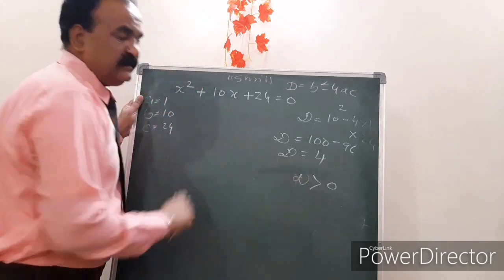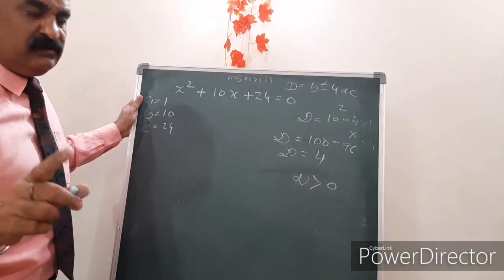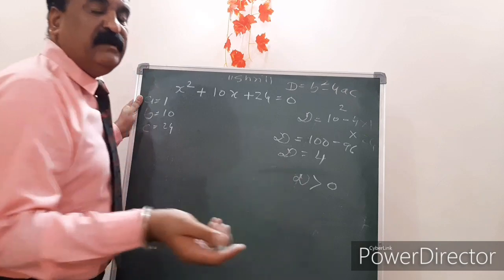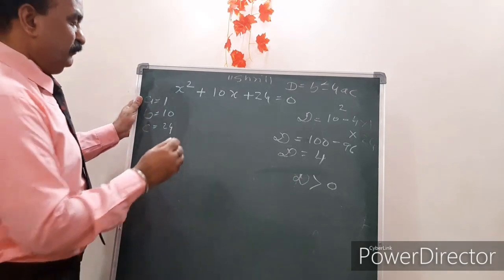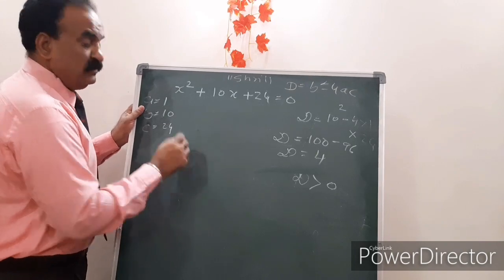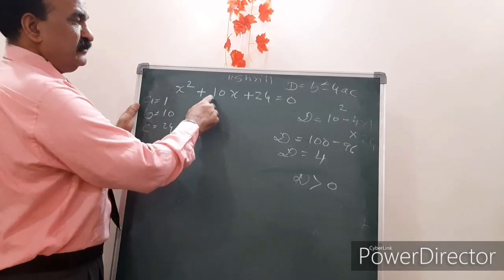D is greater than 0. It means I have told you right now, if D is greater than 0, the roots are real but not equal. See how. So x is equal to minus b, which means minus 10,